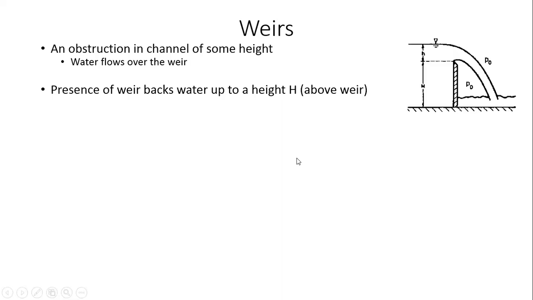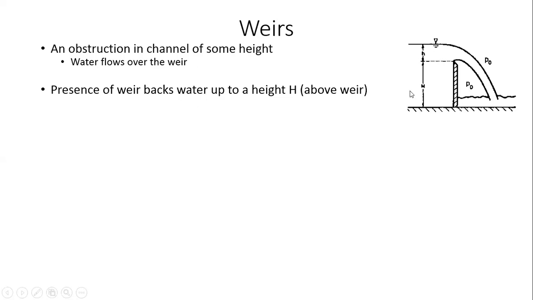Okay, so let's just quickly take a look at a figure that might explain this a little bit better. Assume that I have a channel over here and then I have an obstruction. So this dashed portion that you see is an obstruction to the flow, right? So if I obstruct the flow like this, what happens? In order to continue flowing, the water builds up behind the weir to some height, capital H. In this diagram it says small h, but we are going to use capital H, and then it flows over the weir, right?